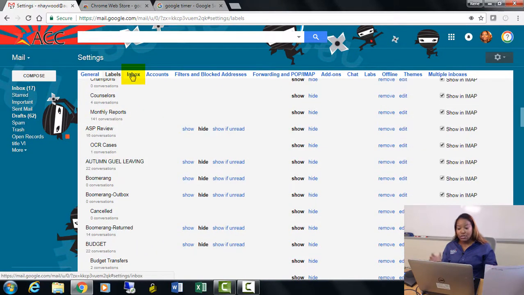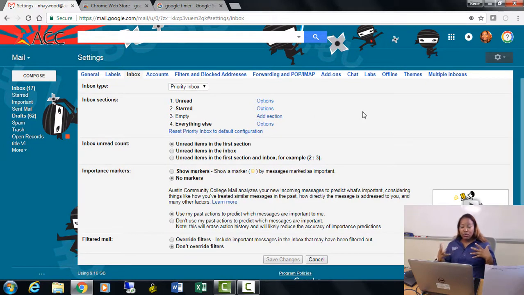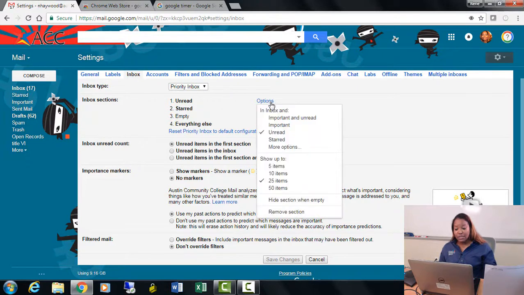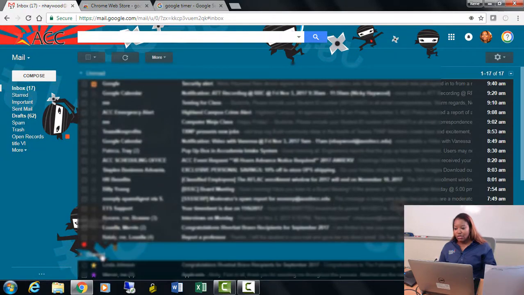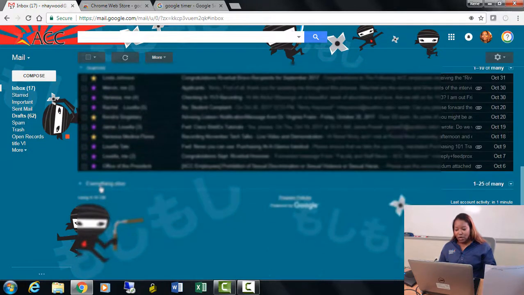The third thing that we're going to go to is your inbox. This is how your inbox will look. I like to keep mine as unread, starred, and then everything else. So in your inbox section, if you click on the options button, it will tell you if you want important or unread first, if you want unread, if you want starred. Again, this is all your personal preference on how you want it to look. Let me go back to my inbox and I can show you how mine looks. As you can see, my unread is first, my starred is second,